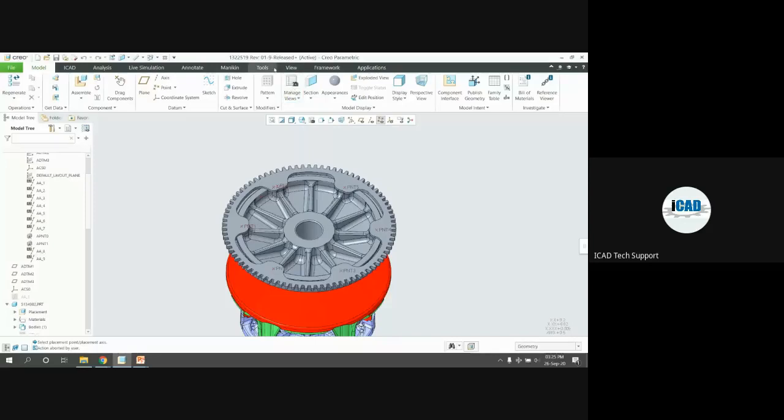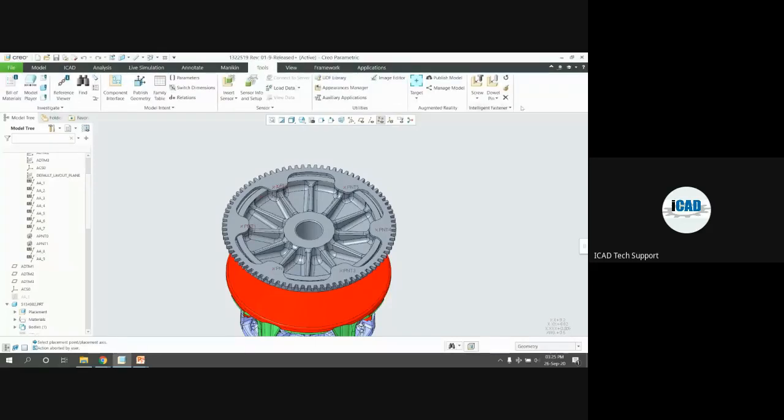The Intelligent Fastener Extension is available under this tools tab, and here you can see IFX special tools are available. In it you can see the screw and dowels, two separate options. All types of screws, hexagonal, Allen bolts, and other types are available under this option. For the assembly of these fasteners, you can see the option Assemble on Reference is available, and next one is Assemble by Mouse Click. How we can use those two options I will show, and the other options I will show one by one. So first of all, let's start from the